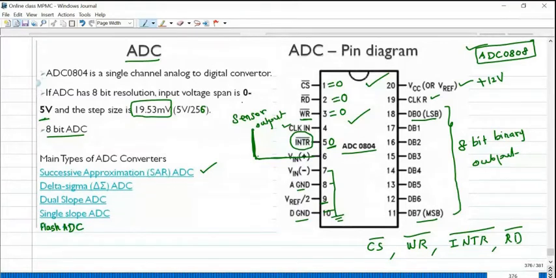Okay, so pin numbers 4 and 19 I'll explain to you. We may connect an external clock pulse to drive this ADC, or we may connect an RC network to use the internal oscillator of ADC 0804.